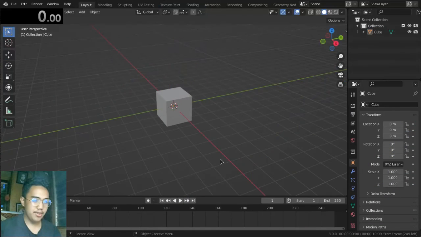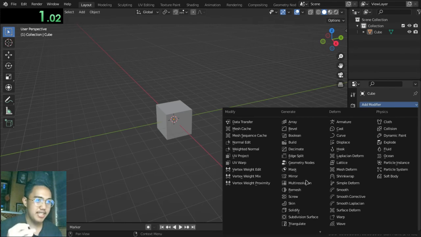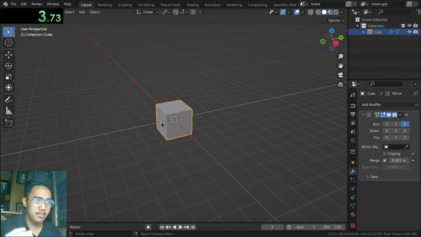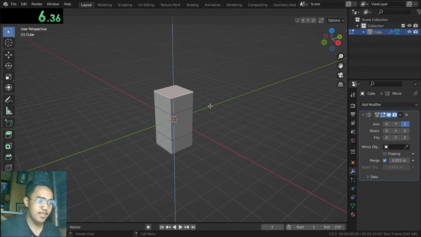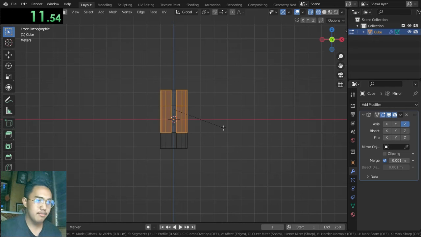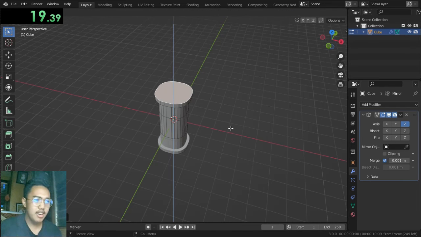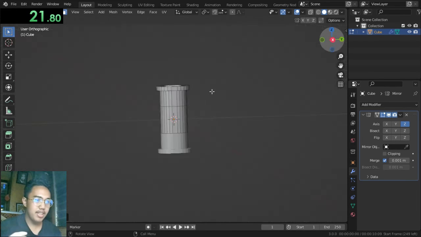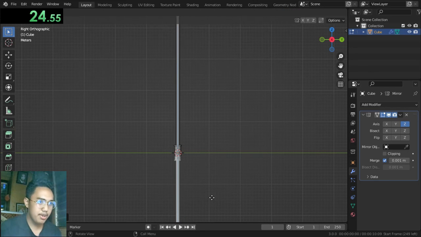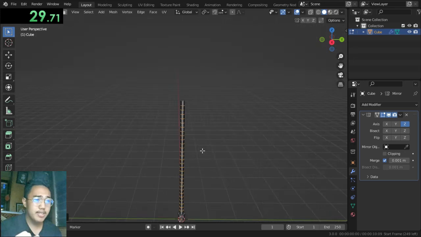So yeah, I actually recorded my best attempt for again in this speed run, and we're about to start right about now. Okay, so I added a modifier, the mirror modifier, to the z-axis, and I headed on to edit mode and extruded the top face, and then we go to edge select, and then we bevel the edges to make that kind of round shape for the handle, and then I selected the top face, extruded it, scaled it up, and then extrude, inset, bam, we have the handle, and then we extrude the top part for the stick, where we're gonna be putting our string, and we do some loop cuts, a lot of loop cuts,